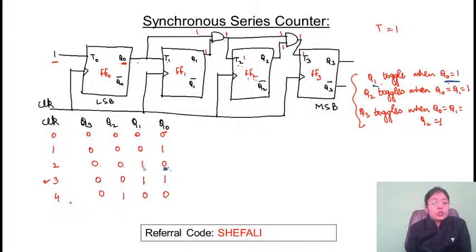Similarly, for the fourth clock, value is 1. Q0 ने तो toggle करना ही है, so it has toggled. Value is 1, so this value has toggled. Both the values are 1, so this has toggled. Three values Q2, Q1 and Q0 तीनों 1 चाहिए, तीनों 1 नहीं है, so this is not toggled. This is the output after fourth clock. After the fifth clock,